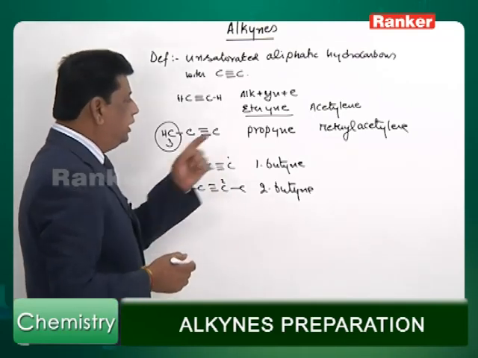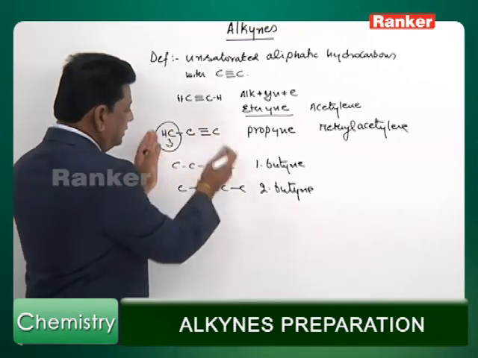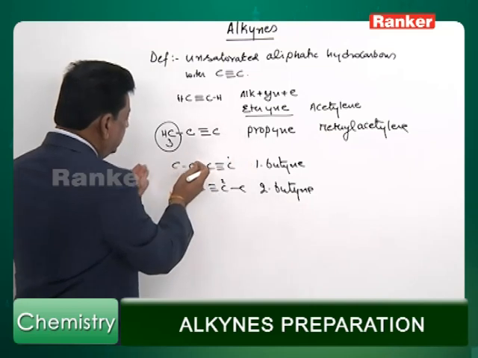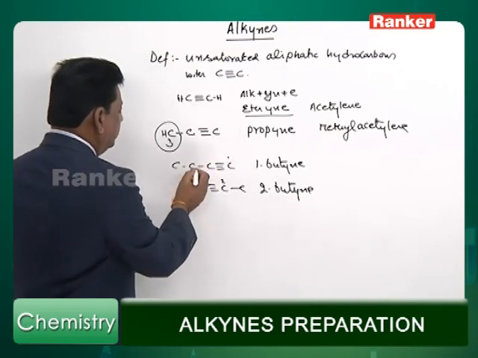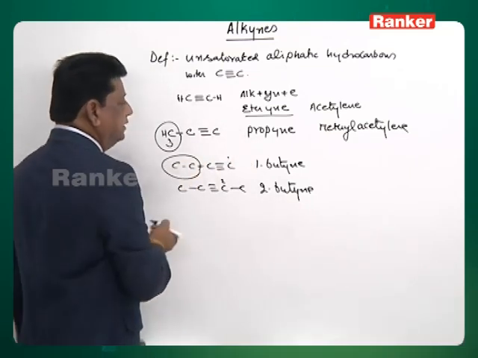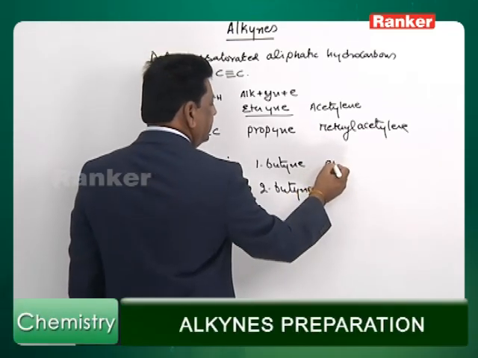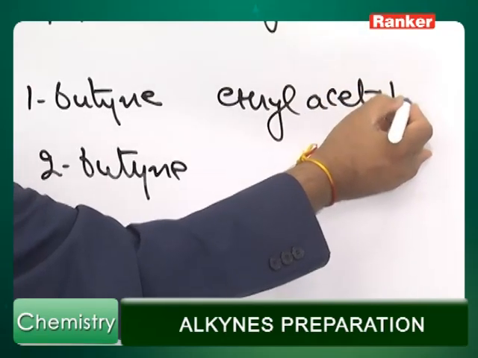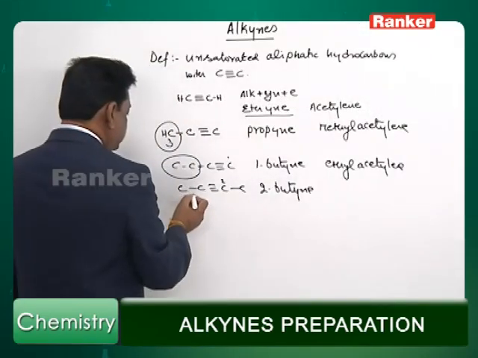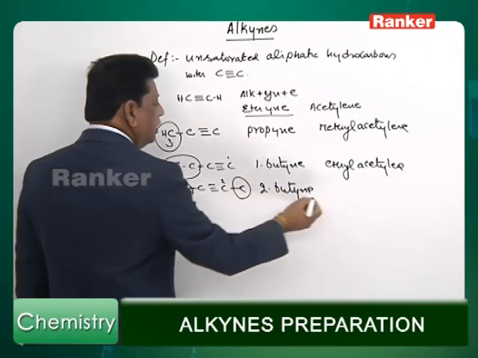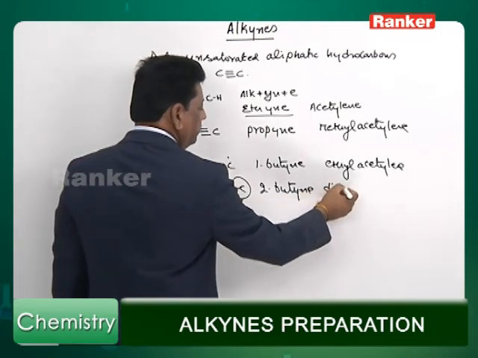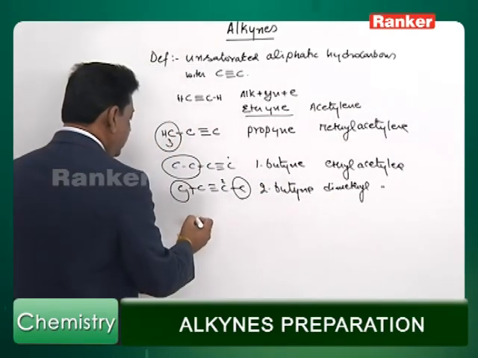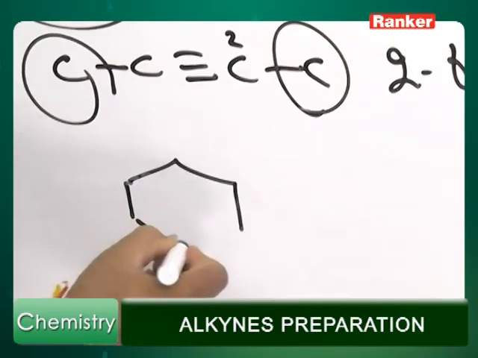They may also be named according to the acetylene, that is the substitution pattern. The acetylene is taken as the main compound and this group is taken as an extra. This is called ethyl containing acetylene. So, let us call it ethyl acetylene. And in this case, these 2 methyls are extra. So, I call it dimethyl acetylene. And if one benzene ring is there,